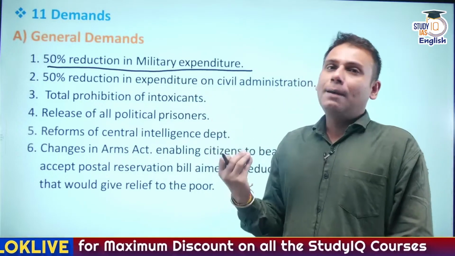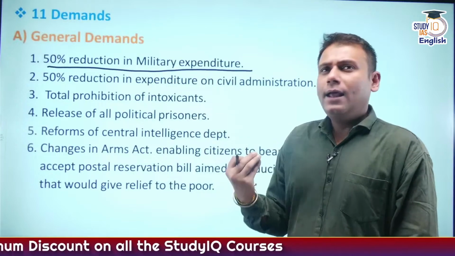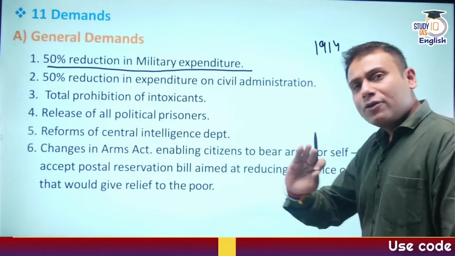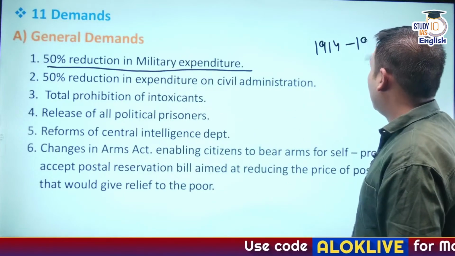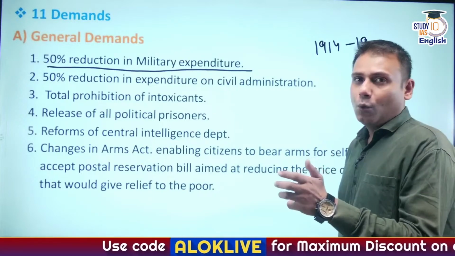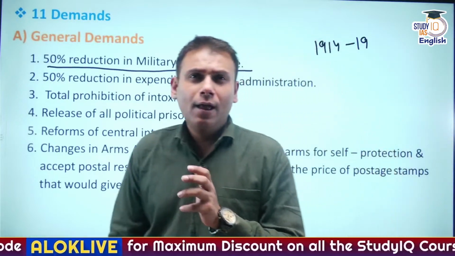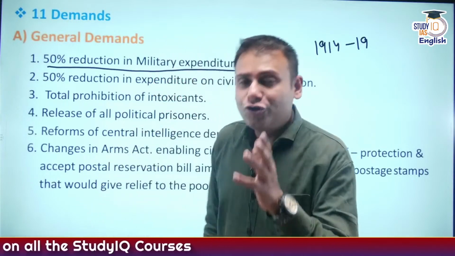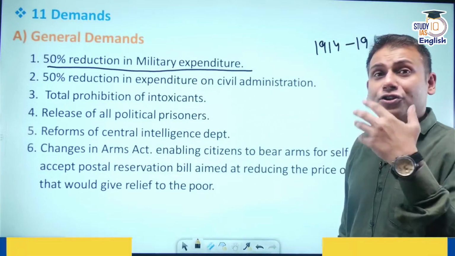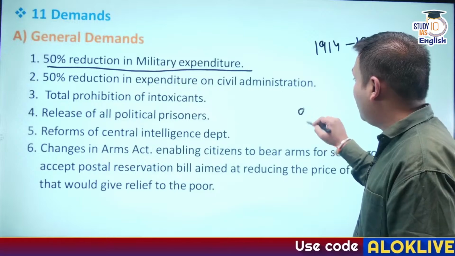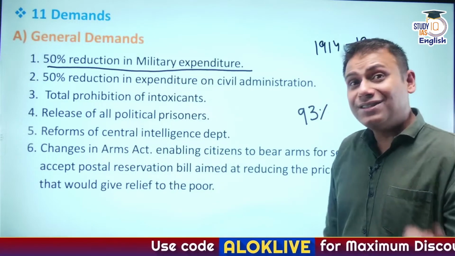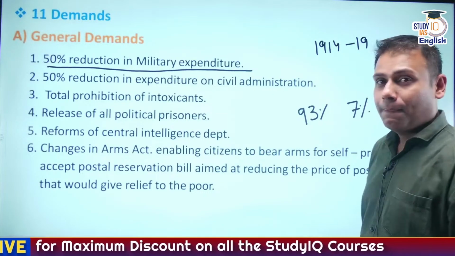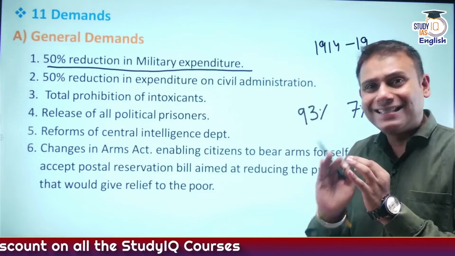I'll give you one simple example so that you can correlate things. In 1914, World War I started, and it ended around 1919. At this time, when World War I was initiated, major parts of India were under the grip of famine. It is believed that commercial agricultural land increased to 93%, and subsistence agricultural land utilization fell down by 7%. Let's understand this. Okay, guys, fell down by 7%.